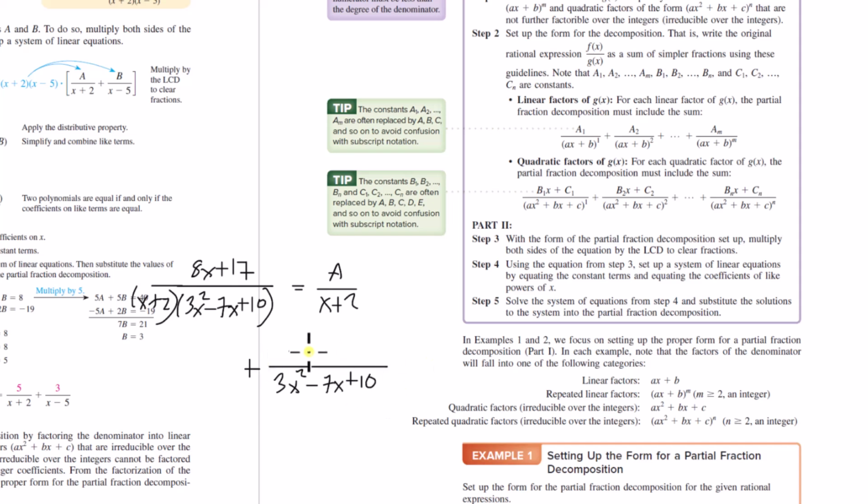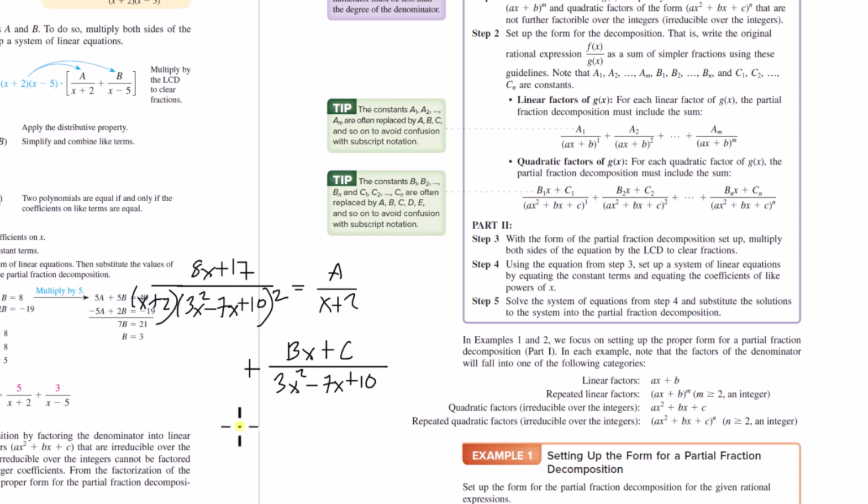But in the numerator, instead of just one of these constants, we're going to put the next available constant, which is b, and then x plus the next available constant. I don't know what constant notation they use here, but you could use whatever you want. Like you could use subscripts, and maybe here you put b1 x plus c1. And they're doing that because, if this was squared,